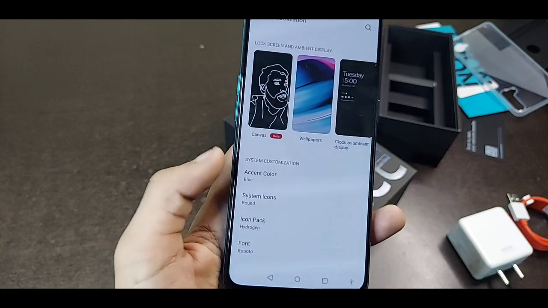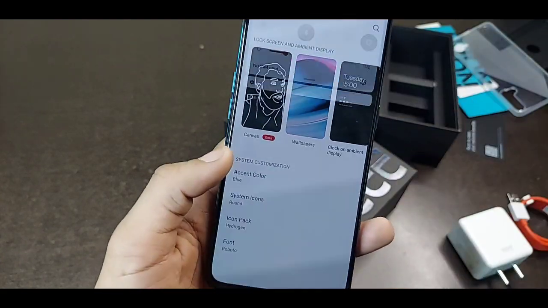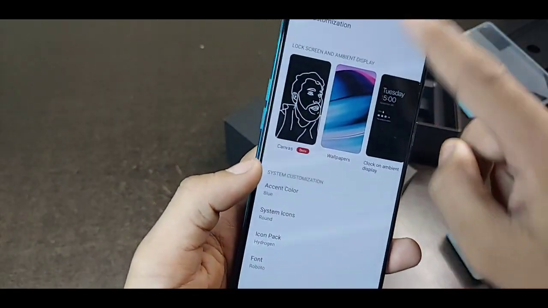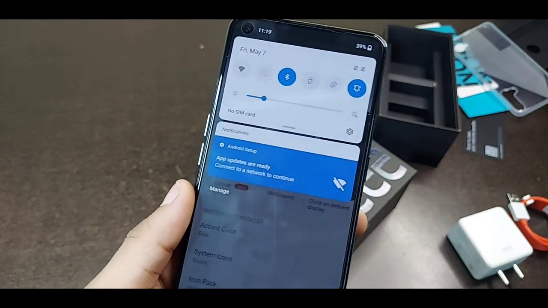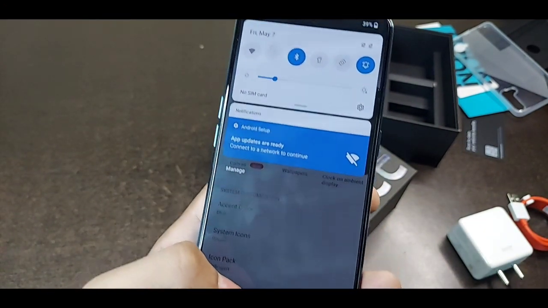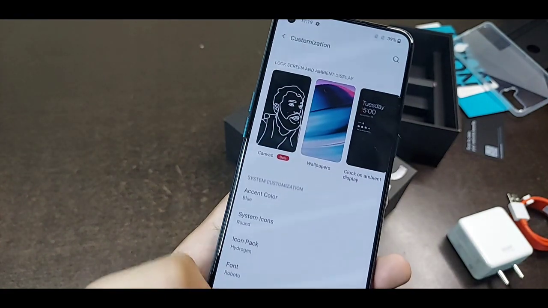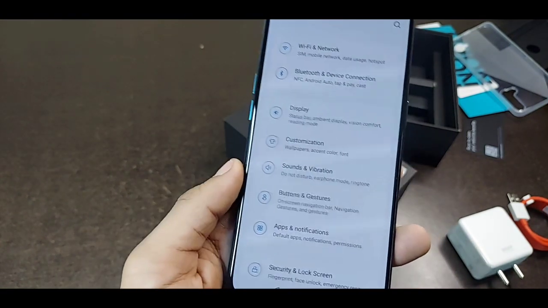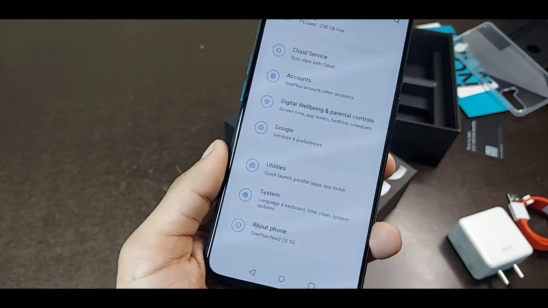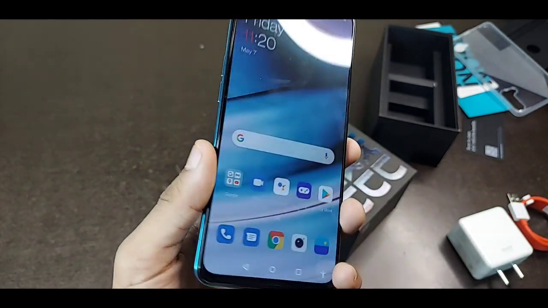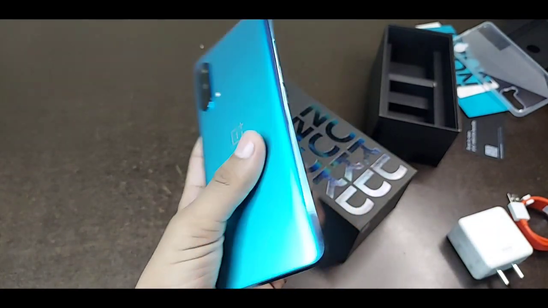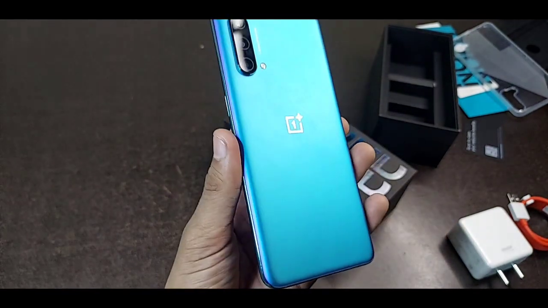In accent you can easily apply any type of color, then the color is set up on your display, and right from here you can set all of the colors to your preferred color, and then your device is converted into the selected color. So this feature is also very useful and now you can easily use it on your OnePlus Nord CE 5G device.